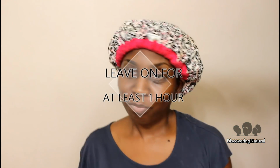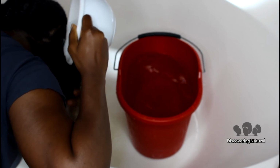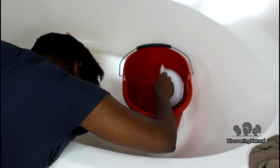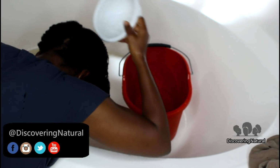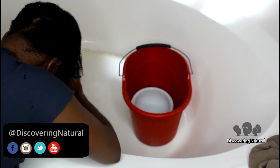Once I'm done applying it to my hair and my edges, I cover my hair with a plastic cap and my heated cap again. Now it's time to rinse after leaving it for at least an hour, and I'm going to rinse my hair thoroughly. You want to really rinse it thoroughly so that you don't have too much of the Chebe left over. So after rinsing my hair and getting everything out,